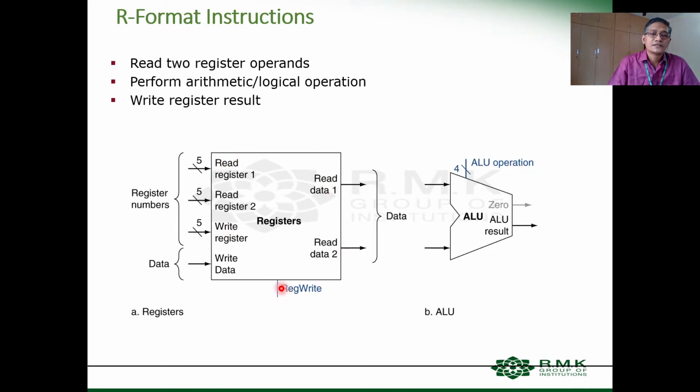This read write is a control signal. When we talk about the control signals, we will know at which particular point of time it will be initiated or triggered. Then comes the ALU symbol. The ALU is going to perform the necessary operation, either addition, subtraction, or whatever, depending upon the instruction.